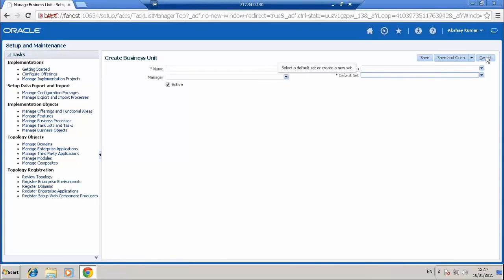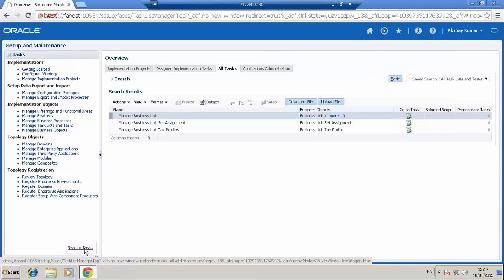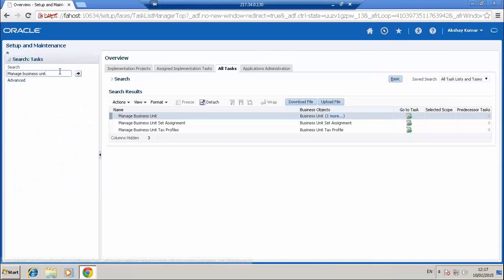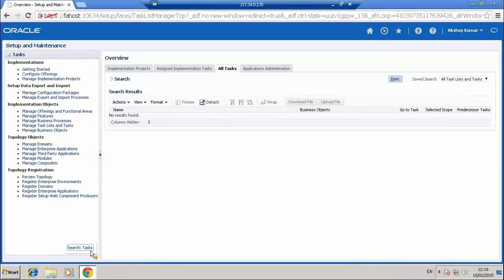Once you have created the business unit, you will get into creating reference data sets. You have the concept of manage reference data set.